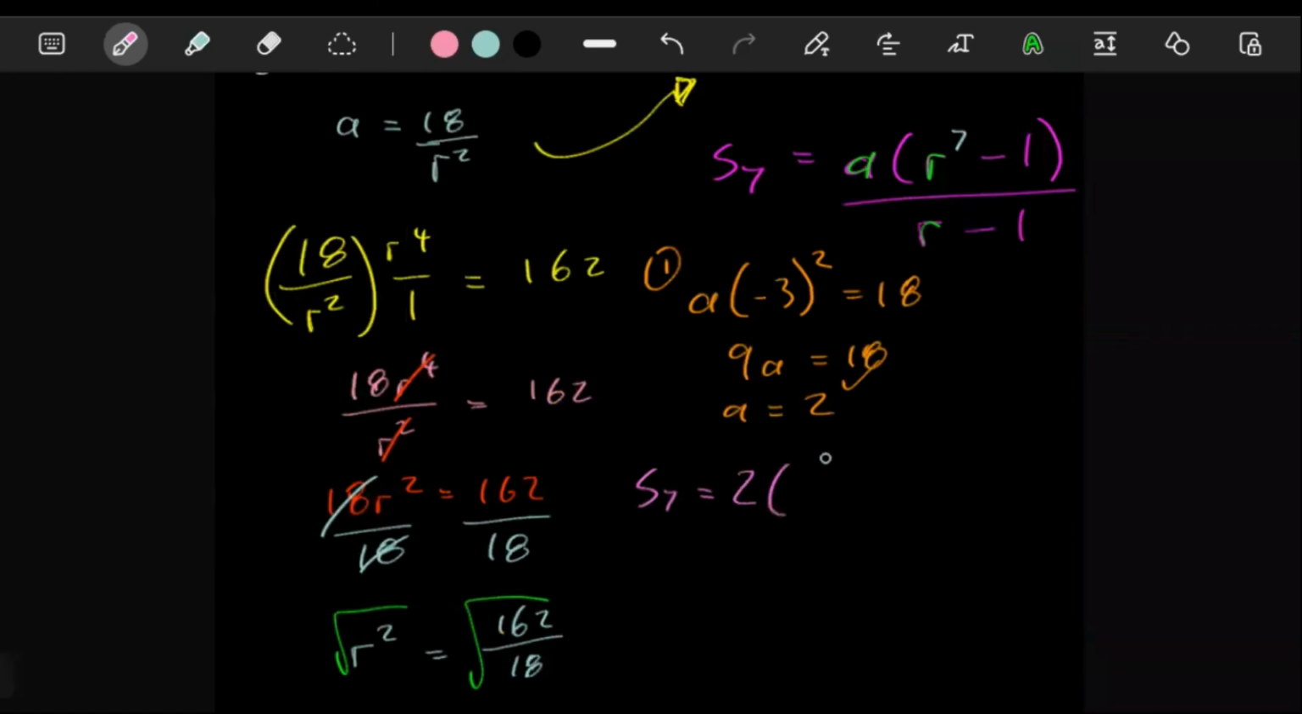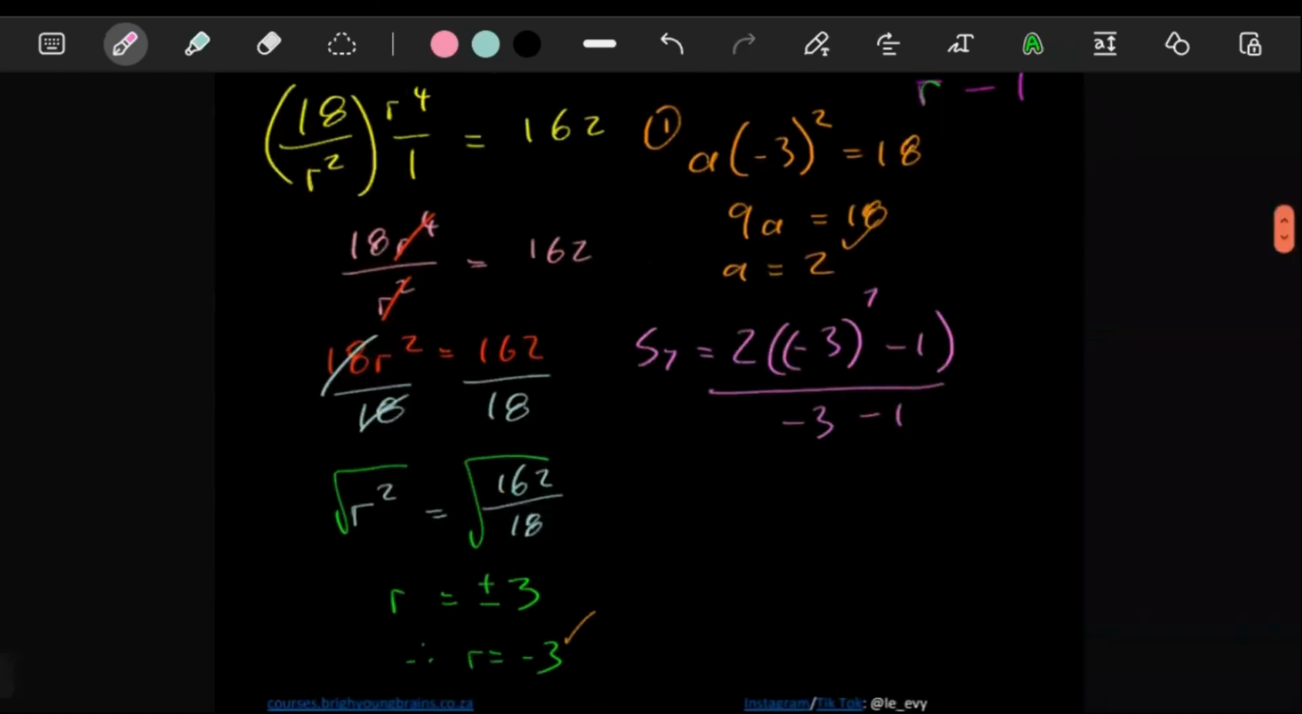-1 here, -3 minus 1. All this in the calculator. Let's see what we are going to get. So there's a 2 here, brackets, and then we have -3, the whole thing to the power of 7, and then minus 1, and then we have the -3 minus 1. So this is all good, nothing crazy. The final answer here is